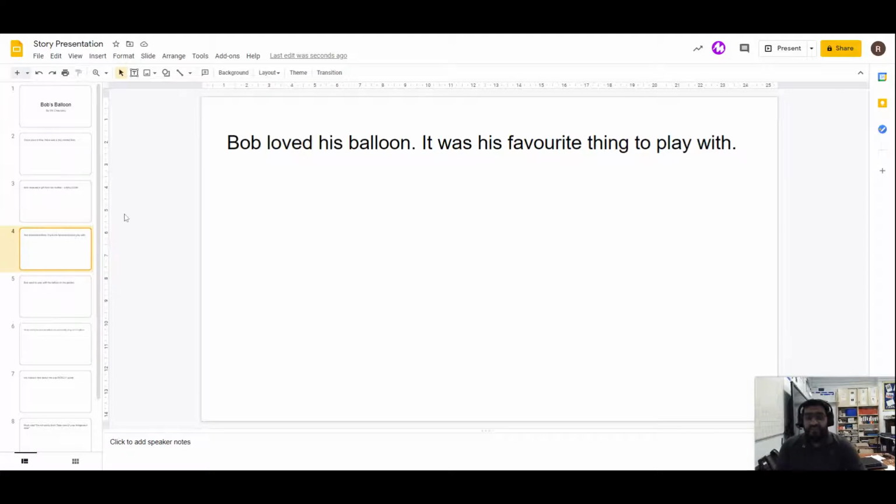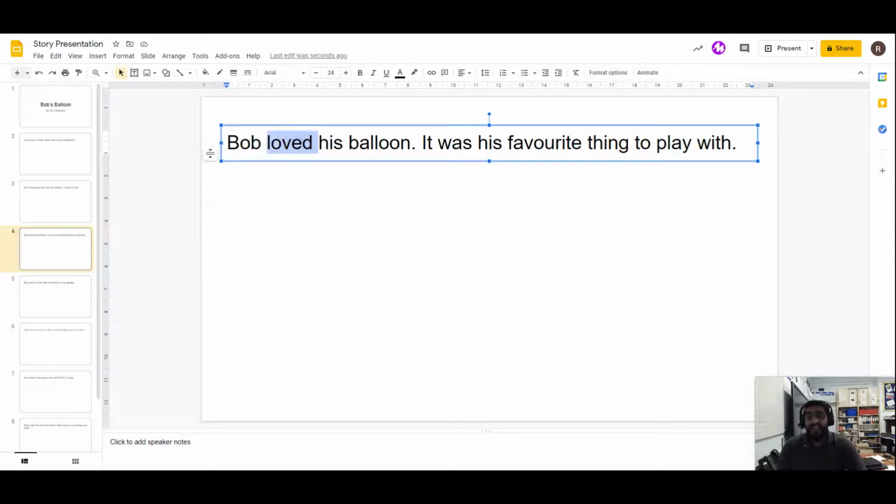It was his favorite thing to play with. Now I'm going to put some emphasis on the word loved, okay? Because I'm sure loads of you guys have received loads of gifts. There's been some that you've loved, and there have been some that you have not. So we're going to add some more emphasis on this, and I'm going to do this using the bold function.